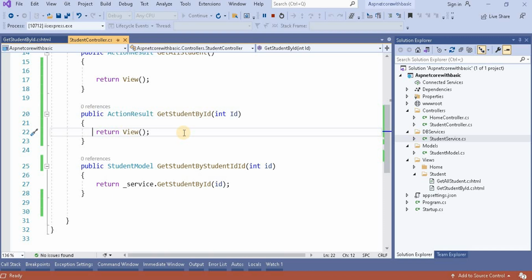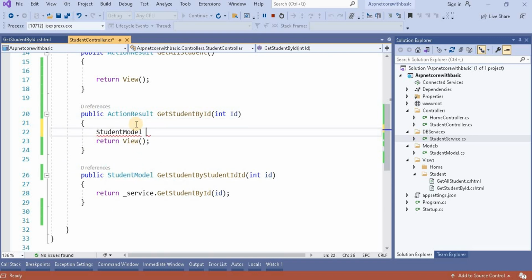Next, let's pass the model from this view. What model am I going to pass? I am going to pass this student model, and let's call this method from here. Whatever ID I give, we pass it here along with the model.